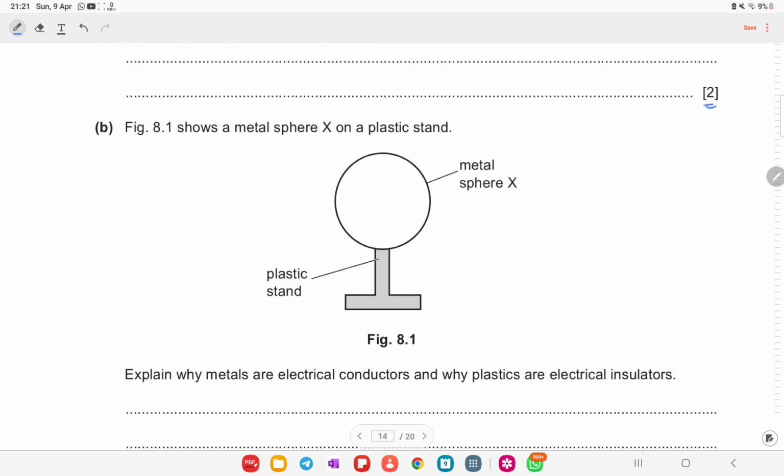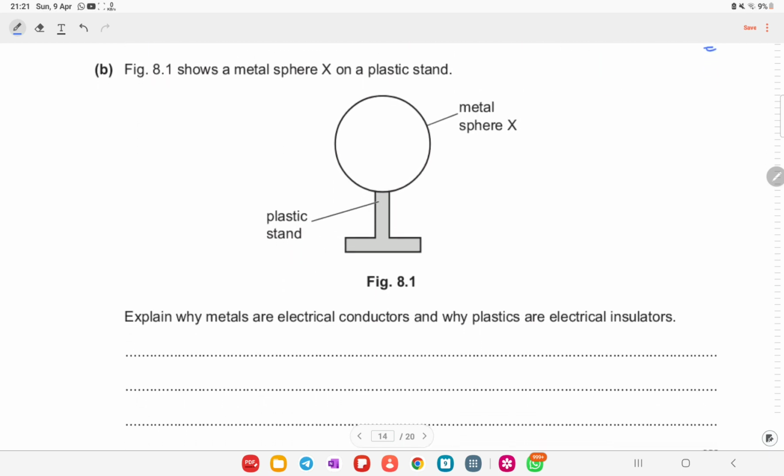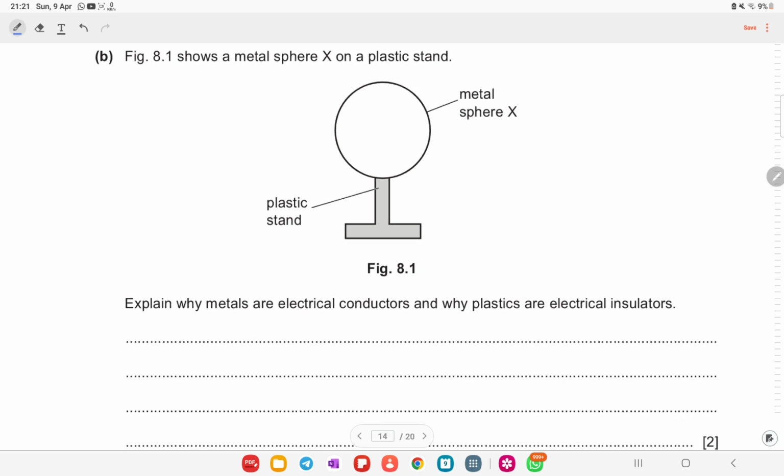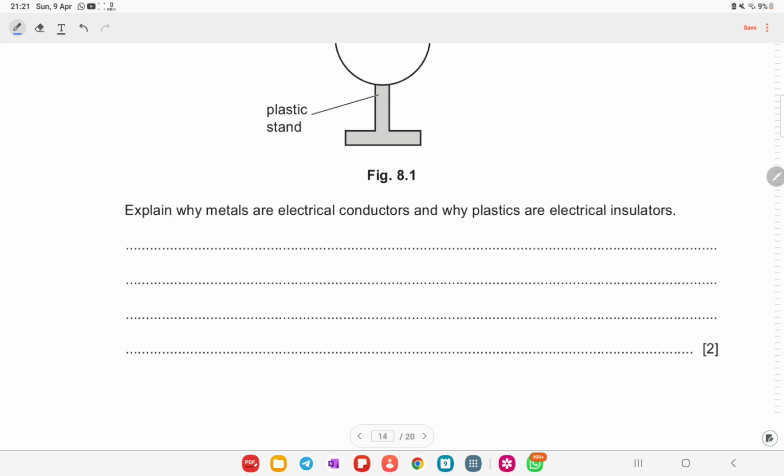Figure 8.1 shows a metal sphere X on a plastic stand. Explain why metals are electrical conductors and why plastics are electrical insulators. Obviously, you know that metals have free electrons, or you can say delocalized, or a sea of electrons, that helps in the